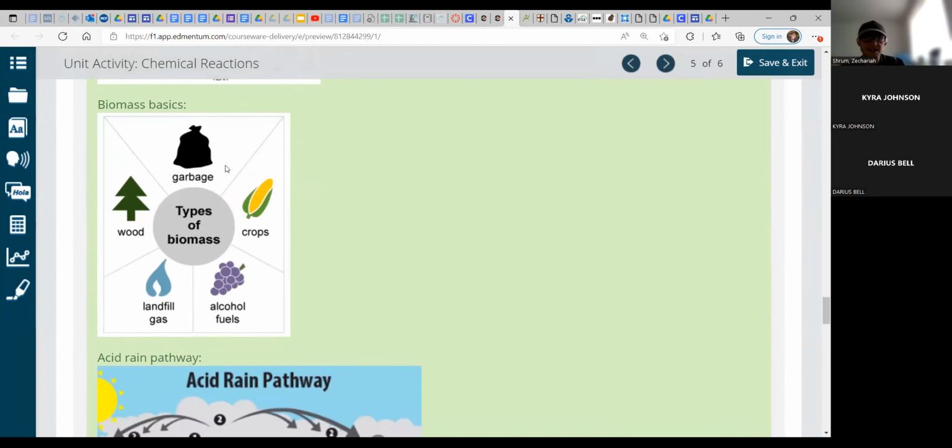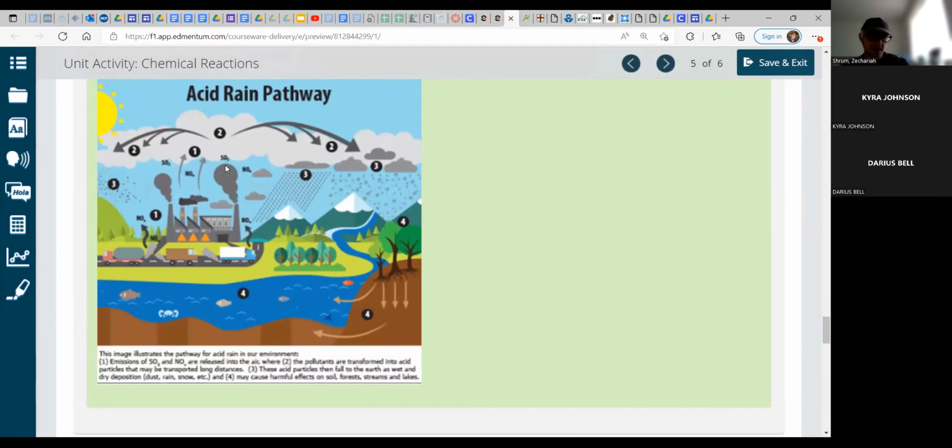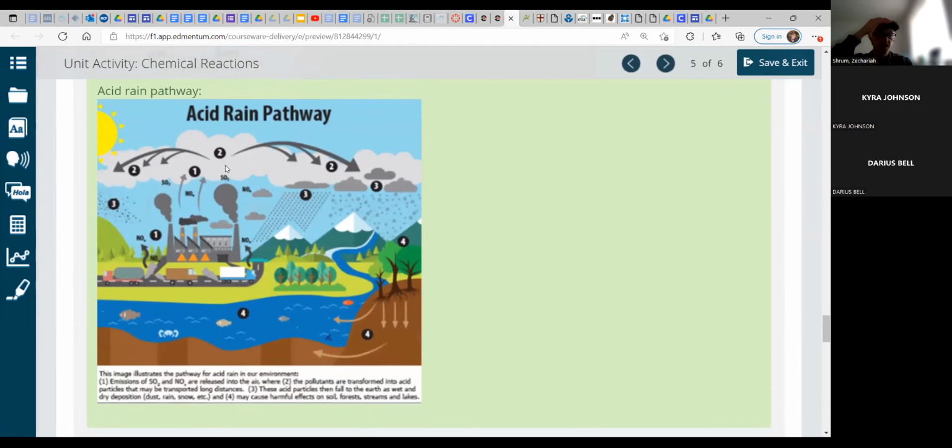Here's Biomass Basics. So this is a really simple, clear way to tell your audience the types of biomass. You have garbage, crops, alcohol fuels, landfill gas, and finally wood can also be used as biomass. And then lastly, you have an acid rain